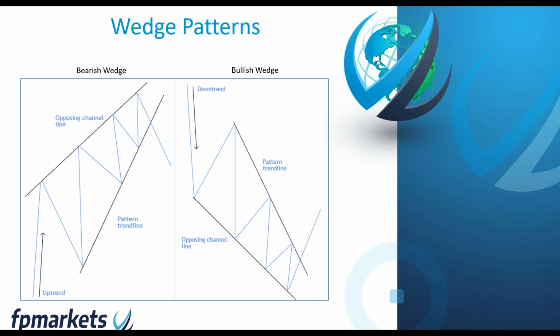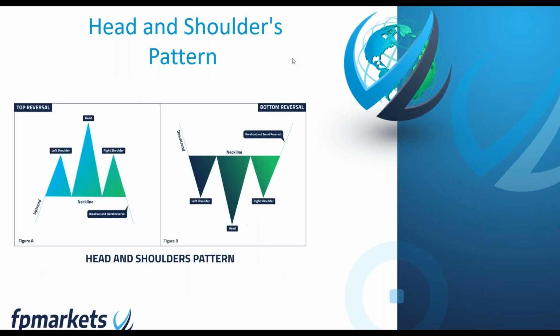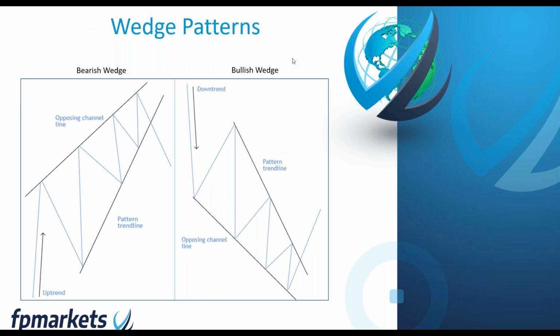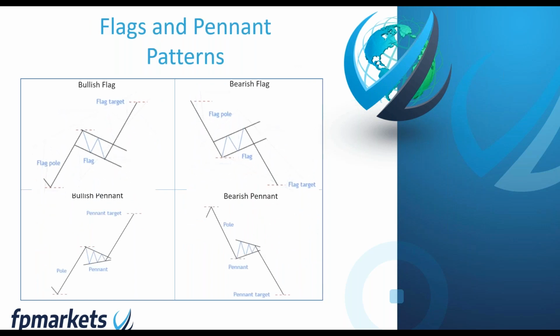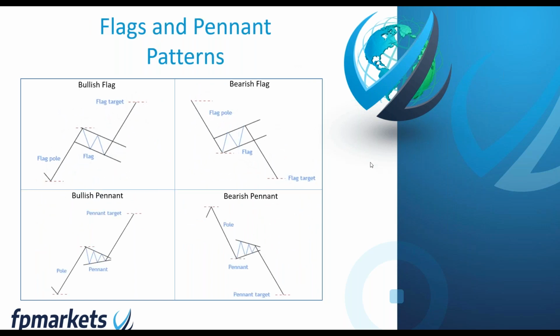Another question: do the flag and pennant patterns require a strong preceding trend? That's a good question, Angelo. For me, the flagpole has to be a defined movement. Let me just go back to the slide. Let me explain it better then. So for me, I would say yes, Angelo. I would need a strong preceding trend. Strong is obviously relative, but I would need a decisive trend to form.